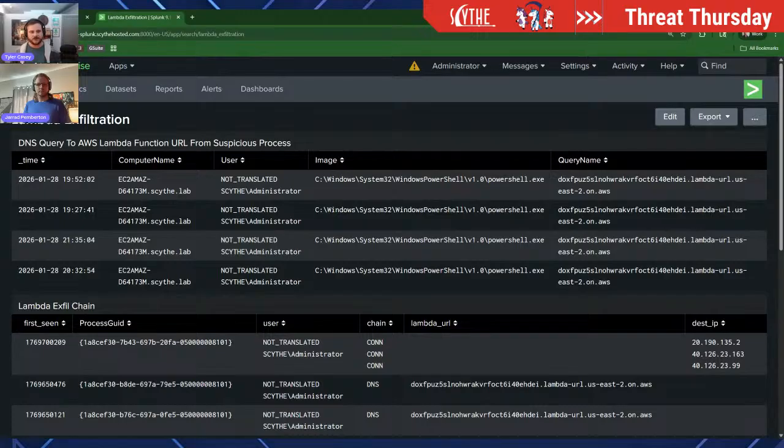It's living off the land, pieces like that. So here we're specifically looking for PowerShell making a DNS connection out to, basically, a wildcard Lambda URL. Any Lambda URL query that someone would run. So we see here it's all going to the same one, this dox